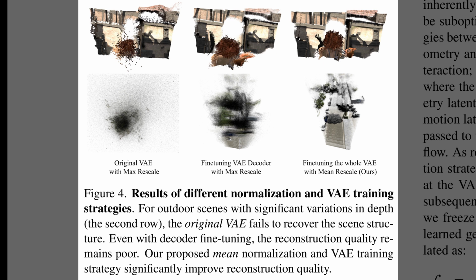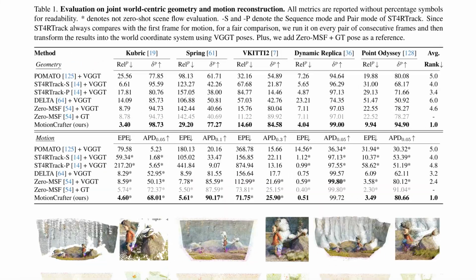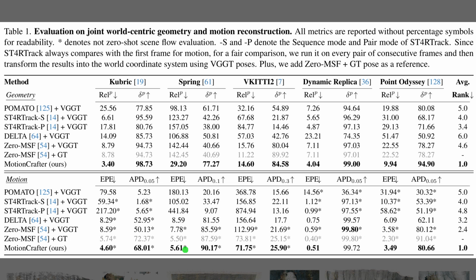recovers clear, detailed structures. Having validated the normalization strategy, Table 1 presents the main quantitative comparison for joint geometry and motion reconstruction. The top section focuses on geometry, where MotionCrafter, in the last row of the block, consistently achieves the lowest relative errors on datasets like Spring and VKitty2. The lower section reports motion estimation metrics, such as endpoint error. Here too, the method secures the top spot with an average rank of 1.0, significantly outperforming baselines like